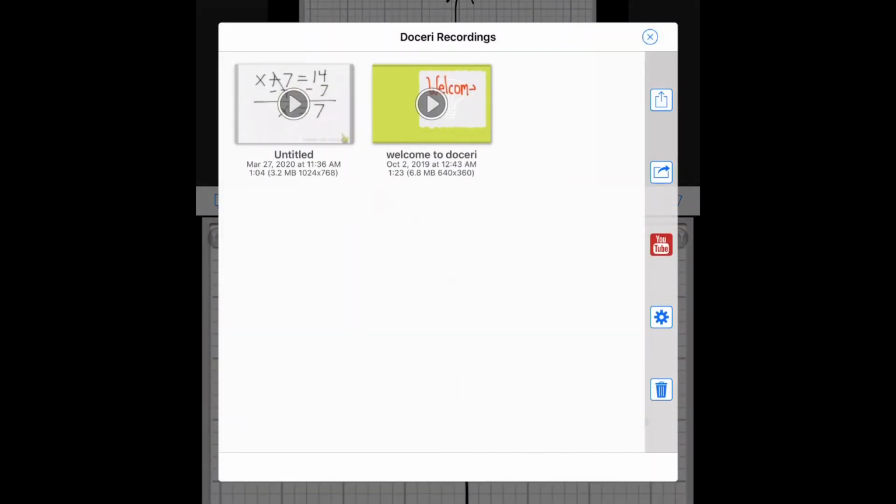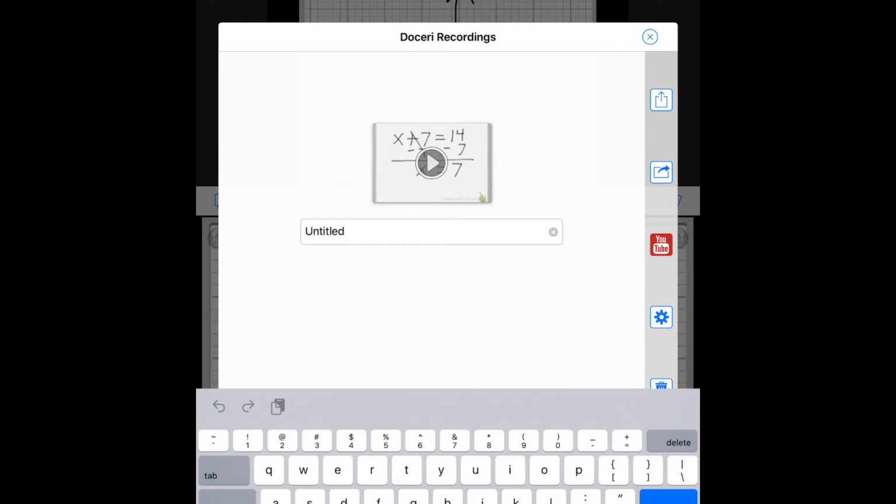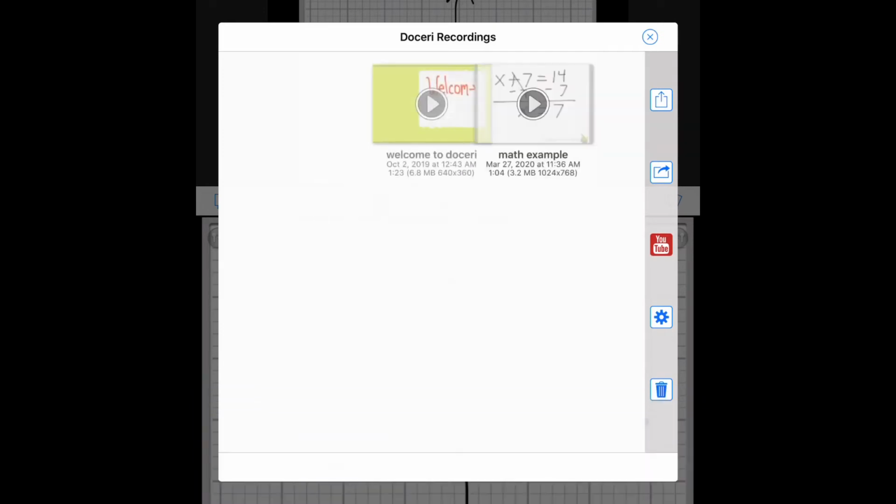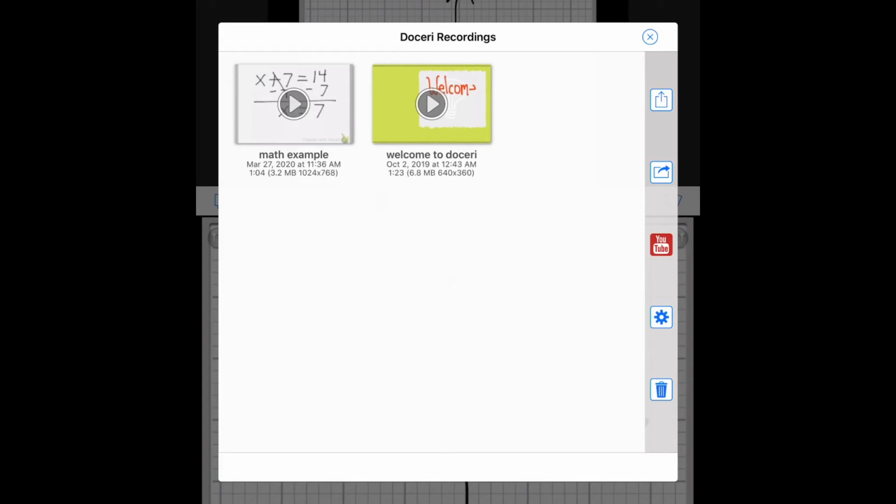Okay, once I do that, it saves for me. I want to rename the document so I know what it is that I am sending out to the students. Okay. In this case, there's lots of different choices and ways in which you can send this to students. If you look on the right-hand side,